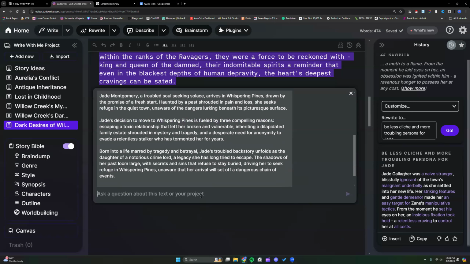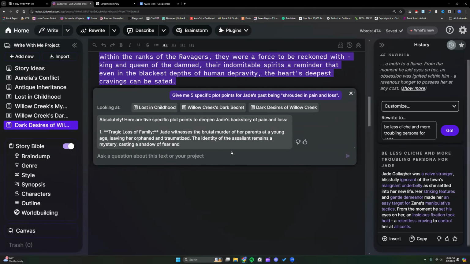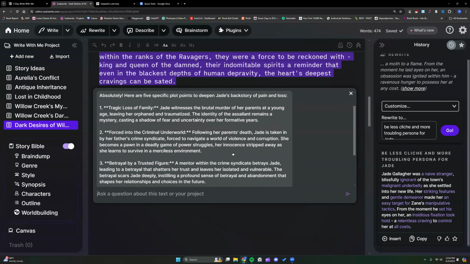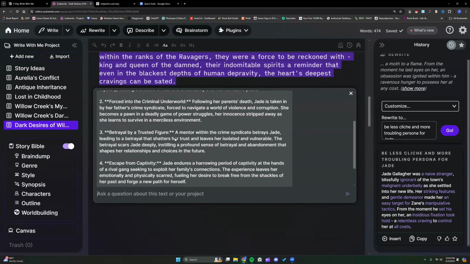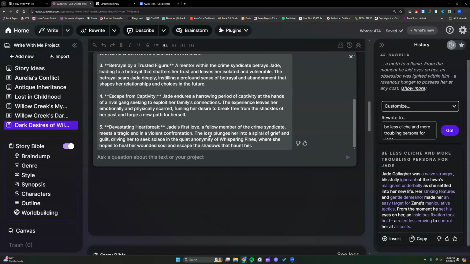haunted by a past shrouded in pain and loss. You know what? Let's see what it does there. Oh, now we got our father in a crime syndicate. Ooh, I actually like this. Okay, so I like this one. Really wish I could save 2 of them. But